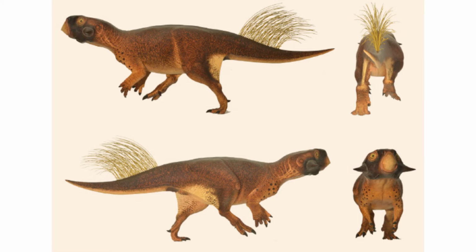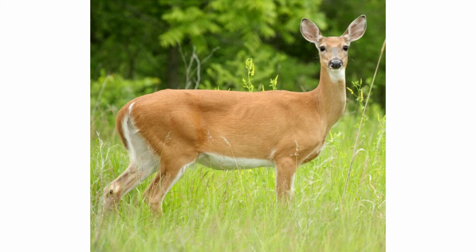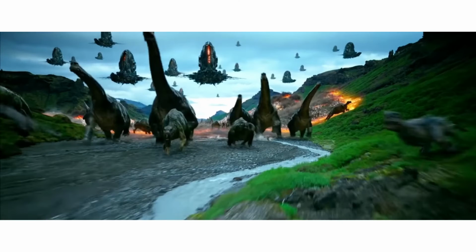This makes the animal appear uniformly one color, and is less likely to catch the eye of a potential predator. Many prey animal species such as deer and antelope use this method of coloration today. Now, it's harder to critique the other dinosaurs in this sequence due to the geographic ambiguity, though I will say